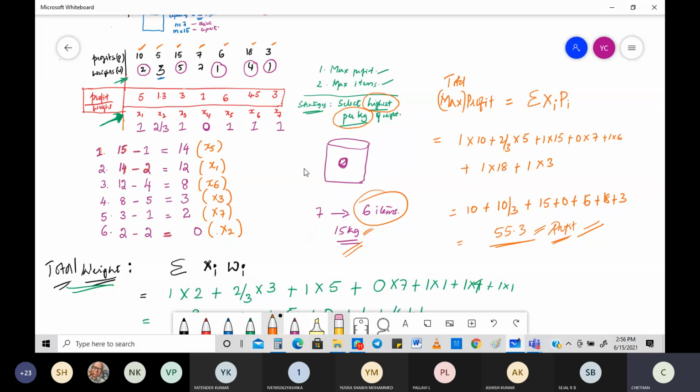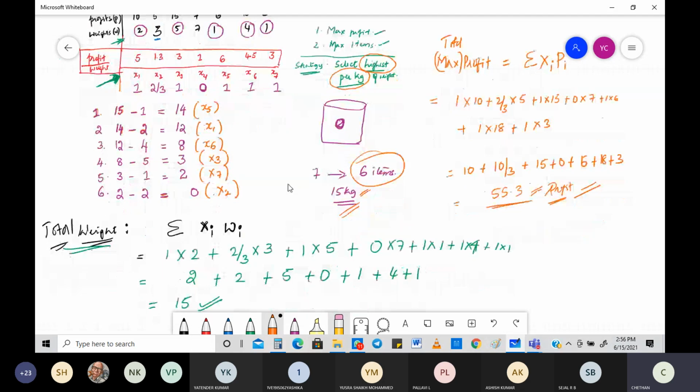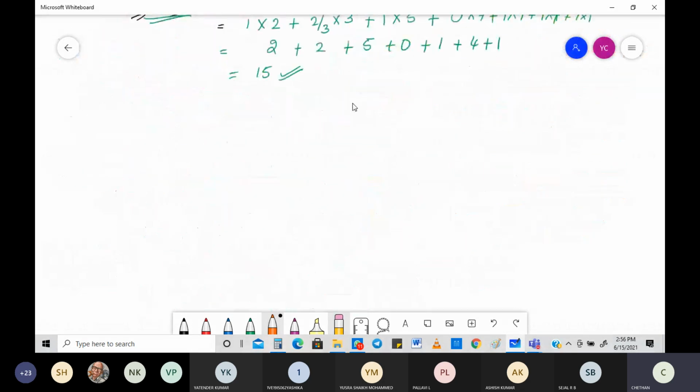Done. Now, whatever you saw right here is all divisible things. Among 3 kg, you can take only 1 kg also. You can take 1.5 kg also, to fill our bag, to fill our knapsack. This is the divisible method, and it's the same old knapsack method only, there's no doubt in that. It comes under the technique called greedy method.